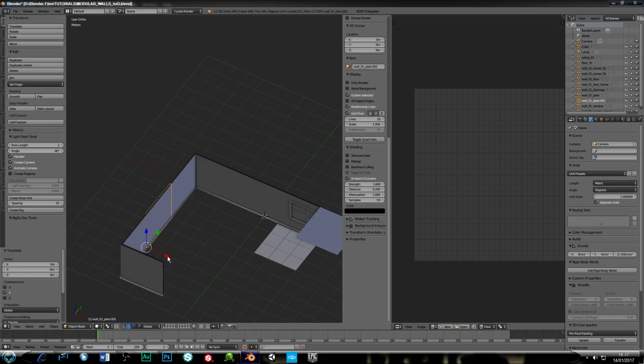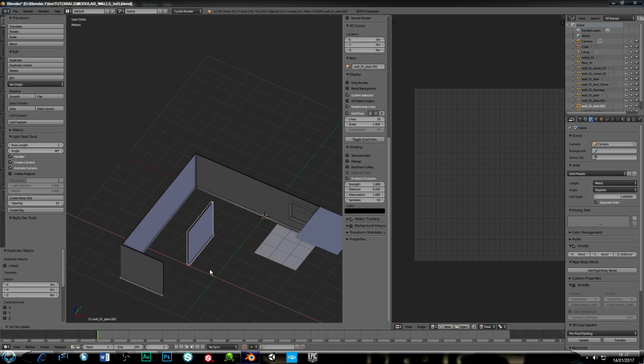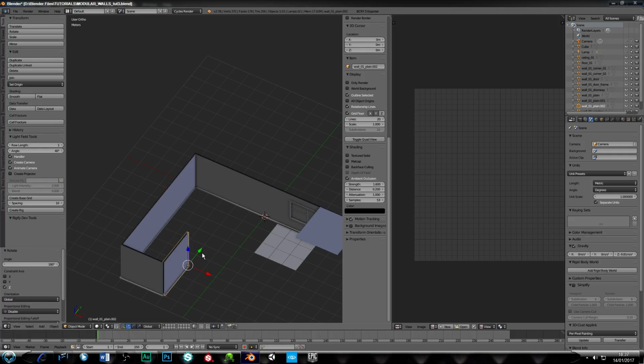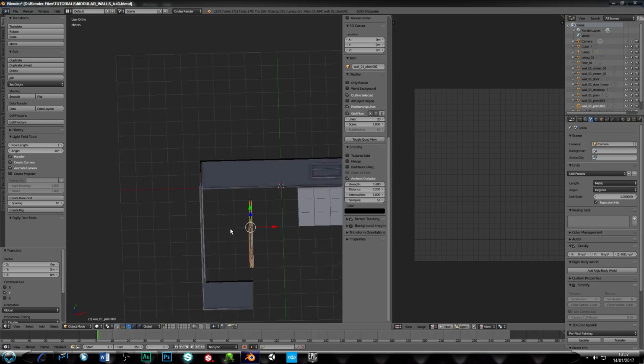And as you can see, all we do is if I rotate it along the Z, like so,